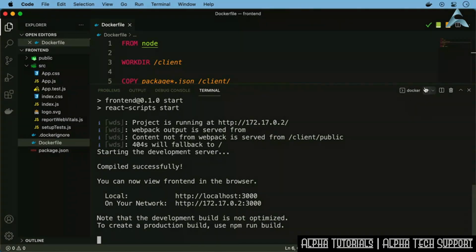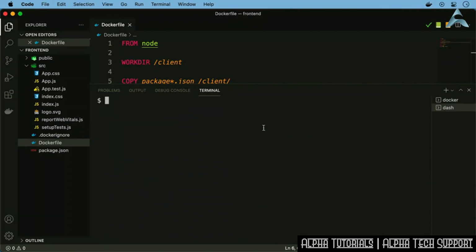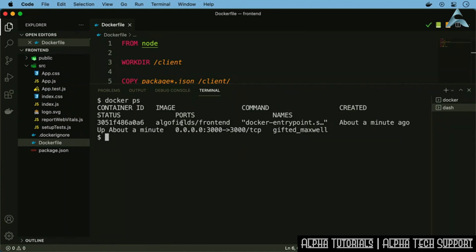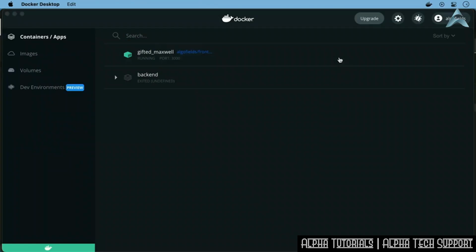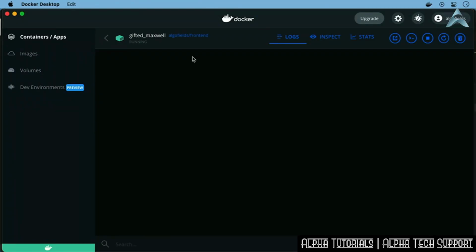You can create a brand new terminal window and then check by doing docker ps, and this is going to list all the containers that are actually running. And in this case, we have the front end. If we had more, it would list all the containers that are working. You can also check this by going to the actual application, the desktop application. So by clicking on the icon here, clicking on dashboard, and now you're going to see that we have this